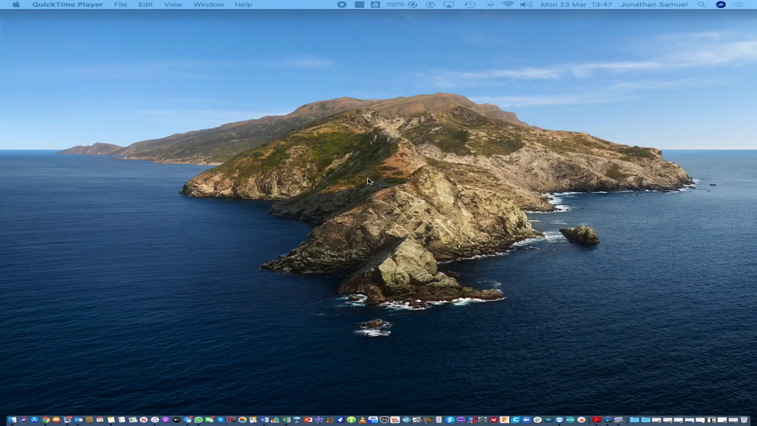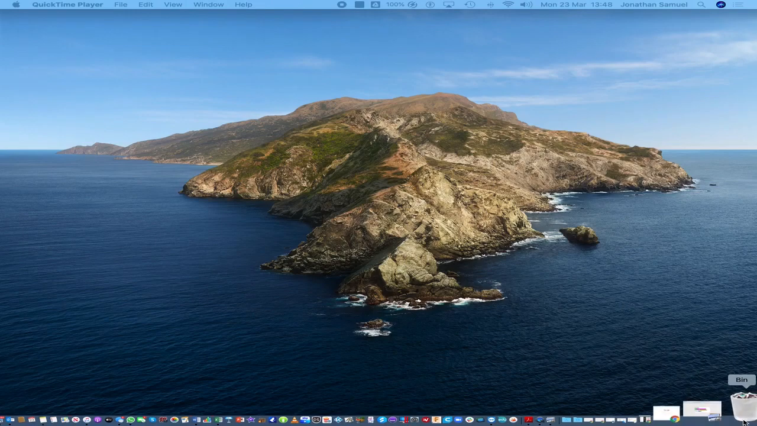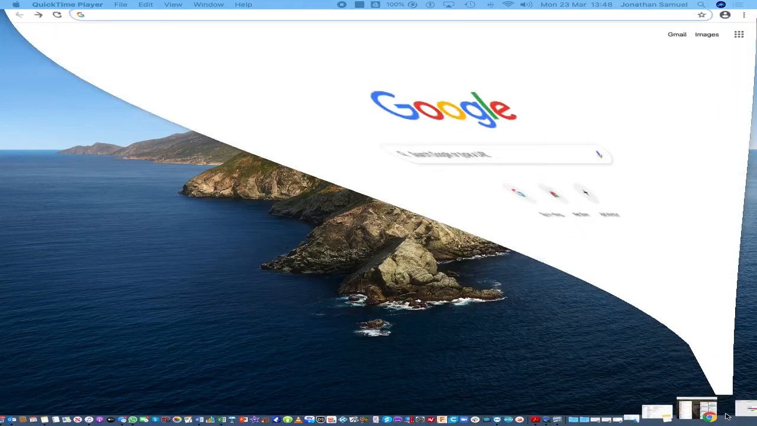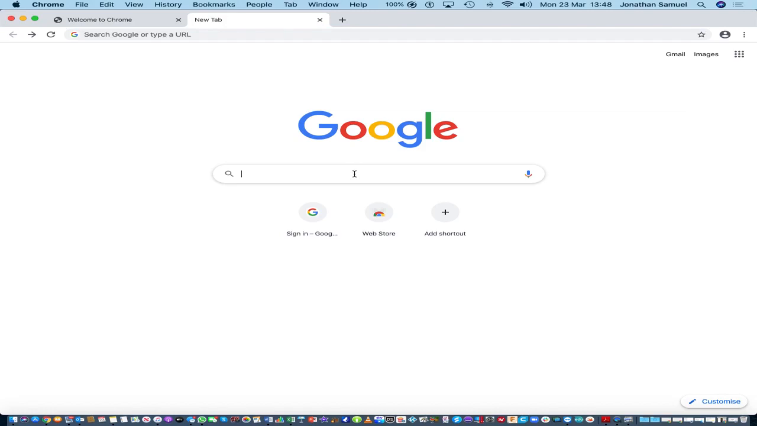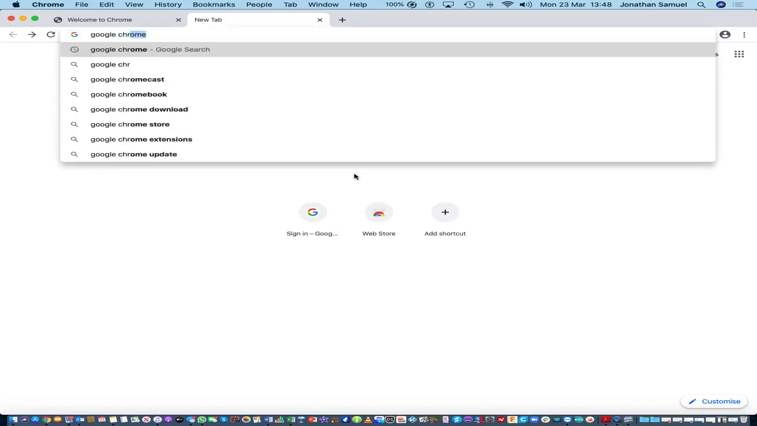Here you can see I've got my desktop. You might be using a Windows PC, you might be using a Chromebook, an Apple computer, it doesn't matter. But first of all, this works better if you're using Google Chrome. If you're not using Google Chrome, it doesn't really matter too much, but it does work slightly better. So I'm using Chrome. If you're not sure how to get Chrome on your computer, just type into any web browser, Google Chrome,